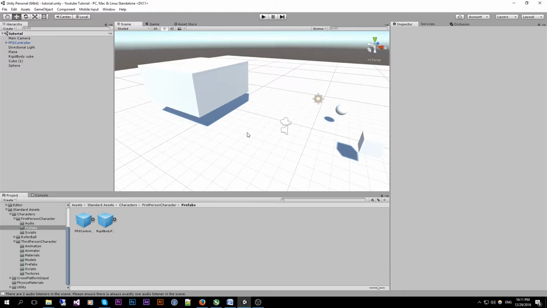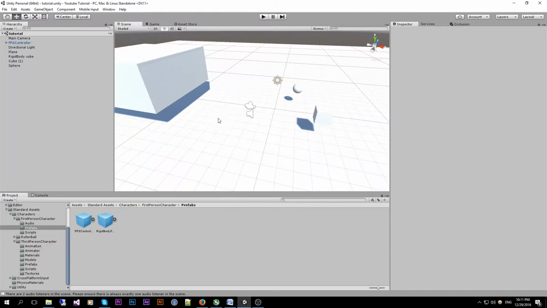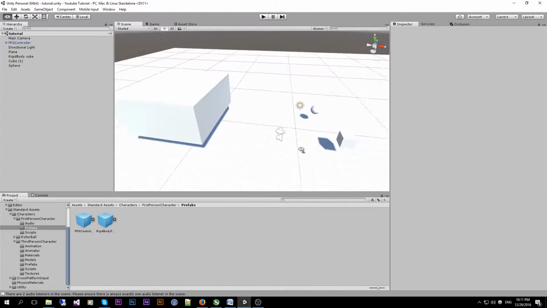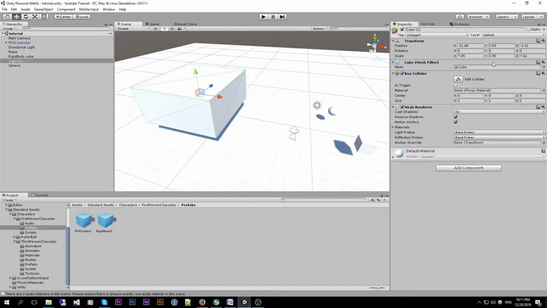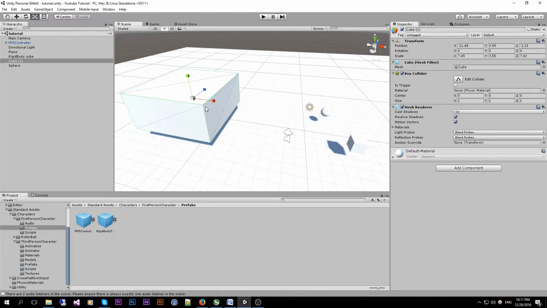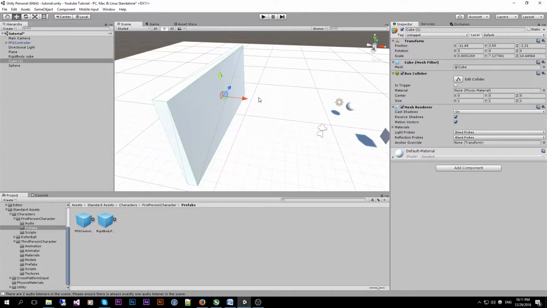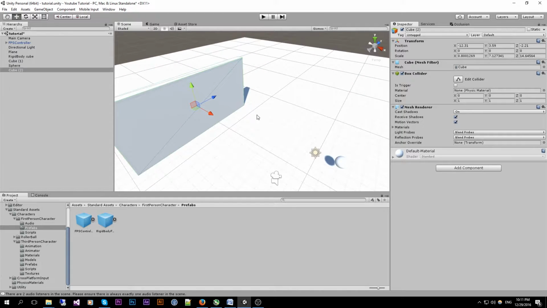So for now I will just firstly decorate this scene a little bit so we can continue with our later videos. I'm just going to use the default Unity prefabs like cubes to create a little bit of corridors for our player to walk into.